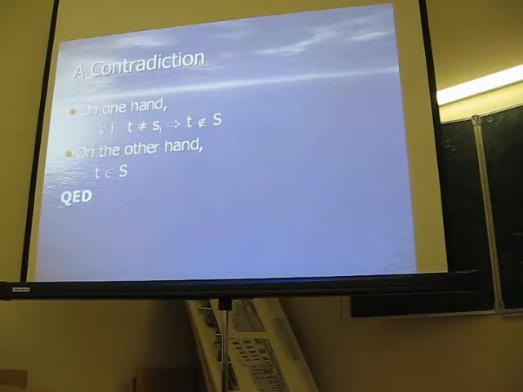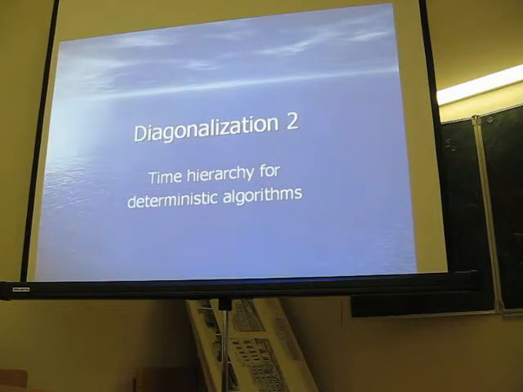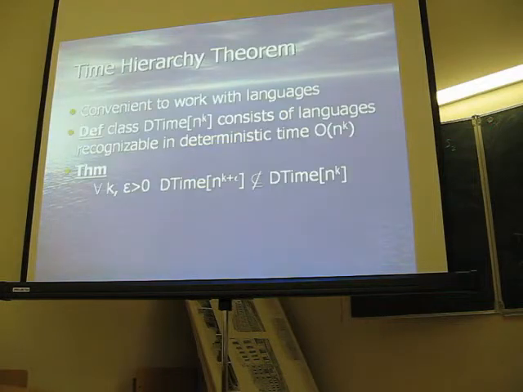So we see that it's a fairly simple argument, and surprisingly, this argument that was invented to do some things in the foundations of mathematics can be applied to some things that are in the foundation of complexity theory. The first use of the diagonal method in complexity theory is the proof of time hierarchy for deterministic algorithms. And actually, it's one of the very first theorems in the field. It was proven in 1965.